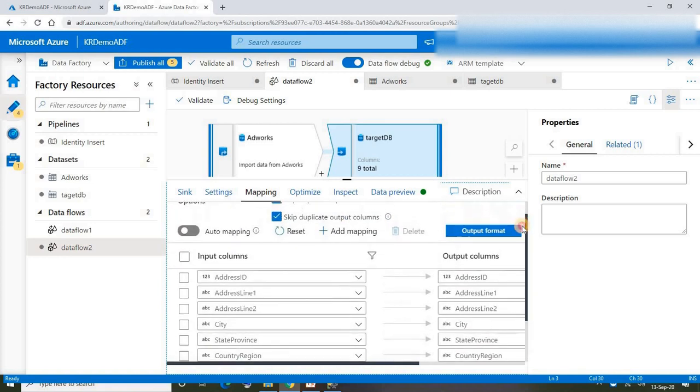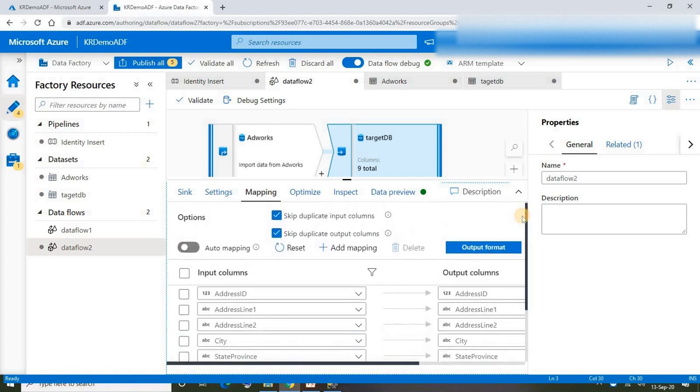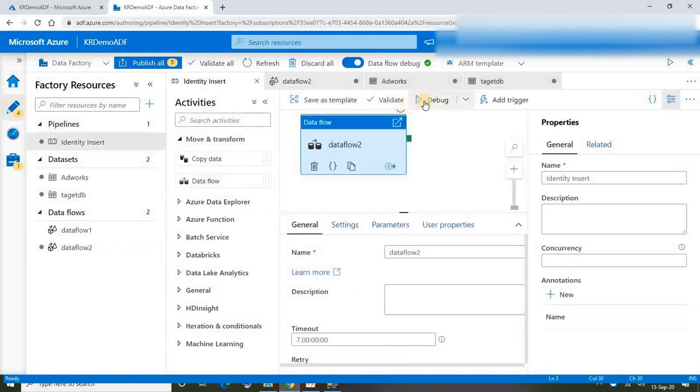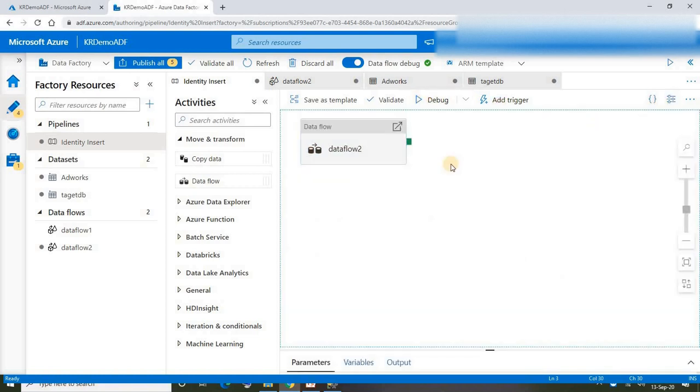Now let's go ahead and debug our pipeline. I just configured the source dataset and sink dataset, then went into mapping and checked whether mapping is done properly. Yes, all done, all good. Now let's debug our pipeline. Go to pipeline, start debugging. Let's see if we get any issue or it loads without any issue. Okay, fine, our pipeline is starting. Let's wait for a few seconds.